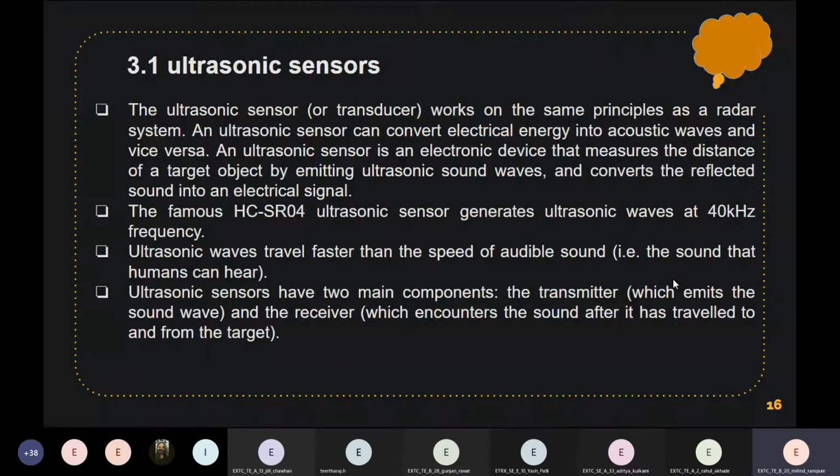The first sensor we are looking at is the ultrasonic sensor. Can anyone define what an ultrasonic wave is? What's its frequency? Anyone?